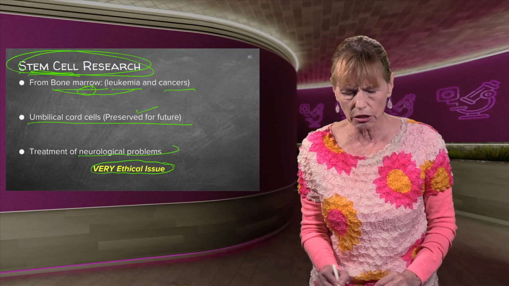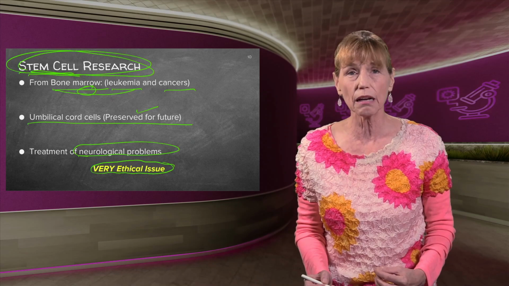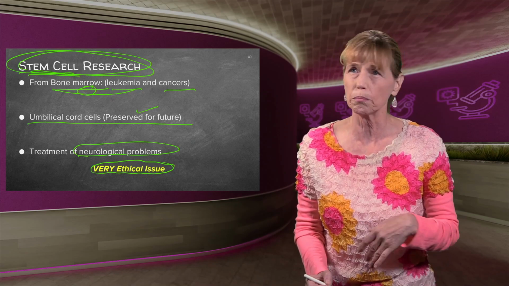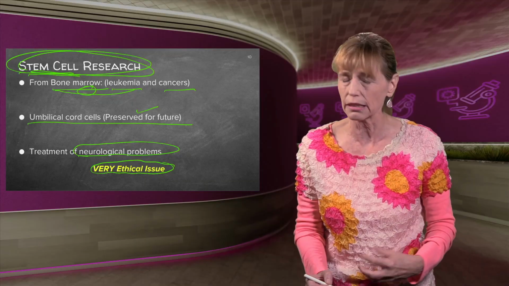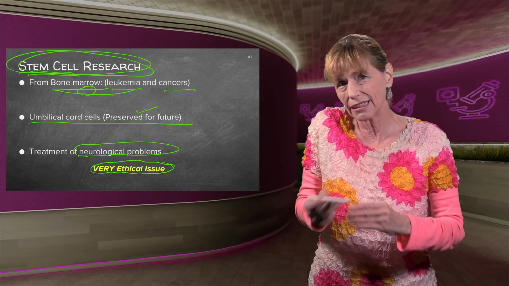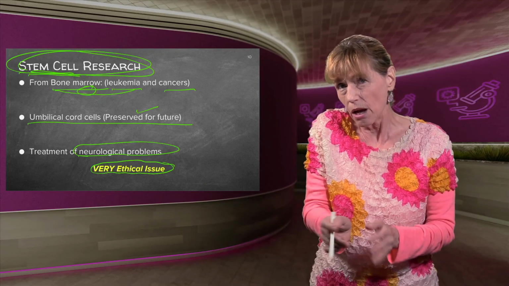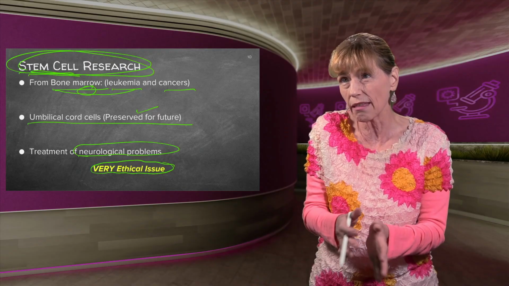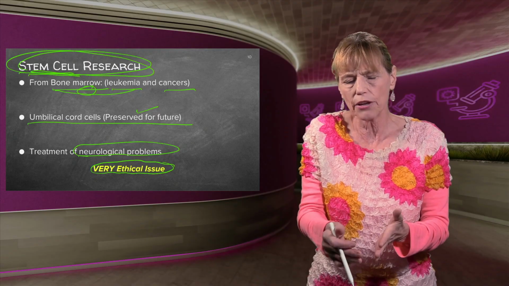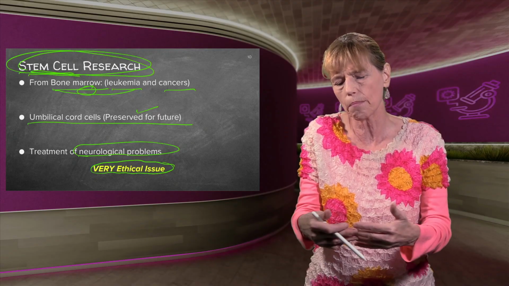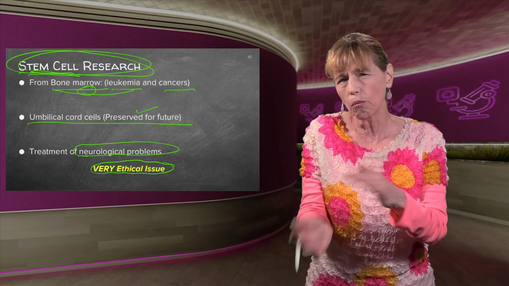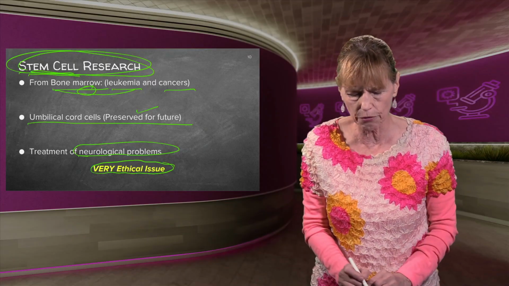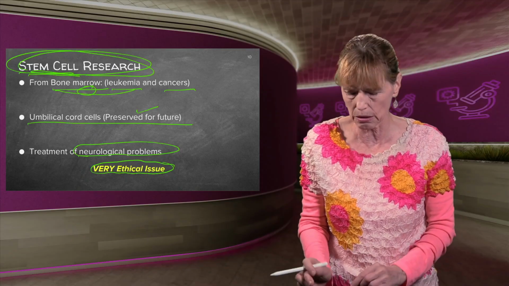And then neurological problems, they use stem cells. Neurological problems would be something like you've been paralyzed or you've got Parkinson's or something like that. If you can replace the cell that's not working, we will be discussing nerves, I think, in the next section, and then you will understand how, if nerves aren't replaced, the working of the nerve isn't right. And if we can get a cell that works, that will help.